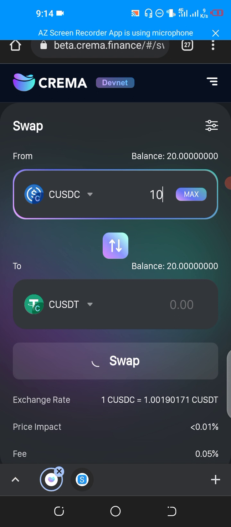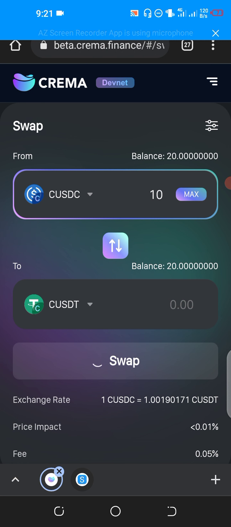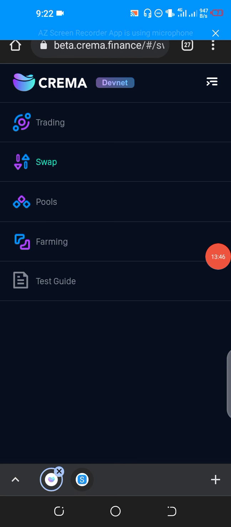Sorry, my network is kind of slow. As you can see, after pressing 10 USDC to swap for 10 USDT, it has been connecting. I've been clicking on this thing for like 10 seconds. If there is a place for me to comment, I can just tell them their swap section is kind of slow, and I think they need to fix it. That is one of the reasons why they are doing this devnet. So since they have another option for liquidity pool, I'll just click on this place. I can't wait on